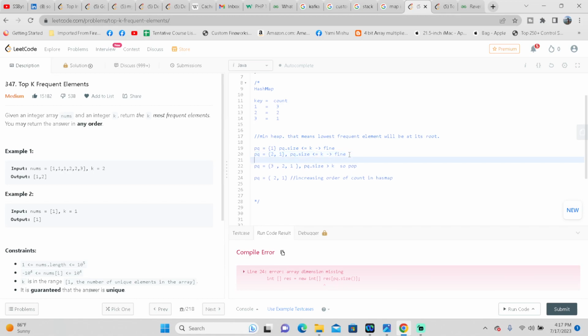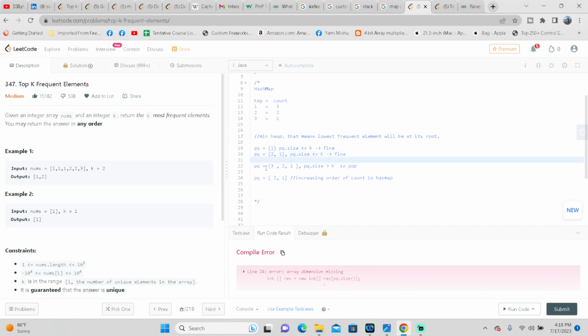I mean to say, why am I not adding like this? You might visualize it like this. So basically what is happening, like I said, the priority queue will hold the least frequent elements, so it will reorder the elements internally. So when you add 2, you are adding at the end, but it will reorder its position to the root position, because the count of this element in the queue will be lesser. Between 1 and 2, 2 has the least count, so it will be at the root